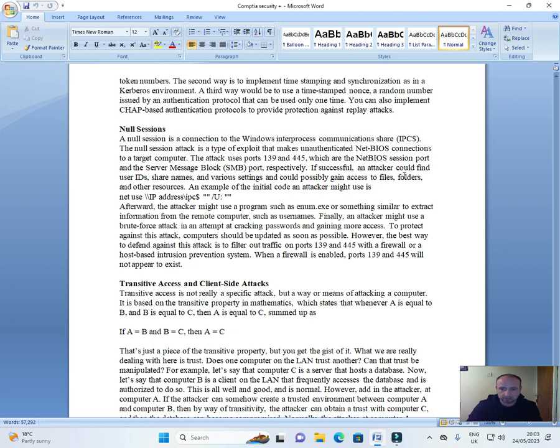If successful, an attacker could find user IDs, share names, and various settings, and could possibly gain access to files, folders, or other resources. An example of the initial code an attacker might use is net use \\IP address\IPC$ "" /u:"". Afterward, the attacker might use a program such as enum.exe or something similar to extract information from the remote computer, such as usernames. Finally, the attacker might use a brute force attack in an attempt at cracking passwords and gaining